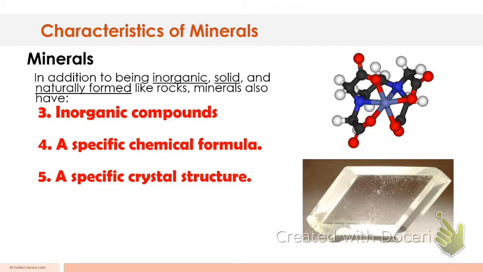So you could have two things with identical chemical formulas, such as diamond and graphite. Both diamond and graphite are minerals, and they're both made out of only carbon atoms. However, the arrangement of those carbon atoms determines the properties of it. So diamond is the hardest substance, and graphite is a very soft substance, and the only difference between diamond and graphite is not the types of element that it's made of, but the arrangement of the atoms of the element